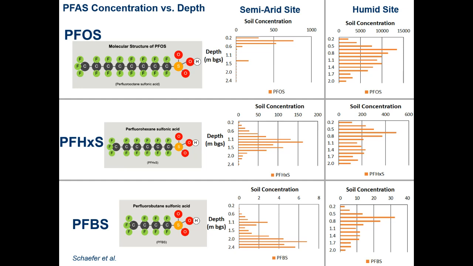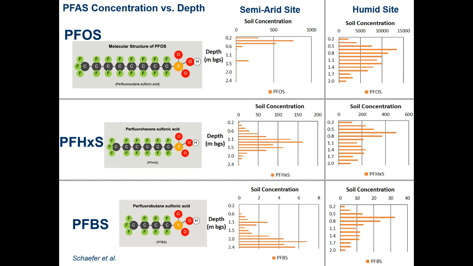If you look at this, you can sort of see on the right-hand side, those concentrations for all of those are sort of distributed through the site, maybe a little less on the top. But if you go to that semi-arid site, man, all that PFOS is just sticking to the top. That's because these long-chain PFAS are more sticky when it comes to the air-water interface, sort of that sorption, and because you have a lot more evapotranspiration and this upward movement of pore water whenever it dries out. Anything you want to add to that, Charles?